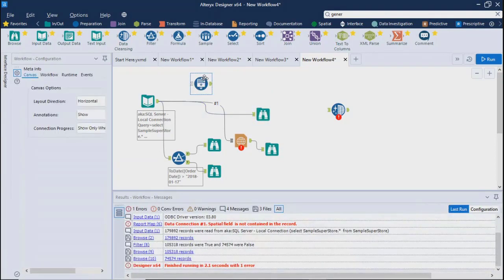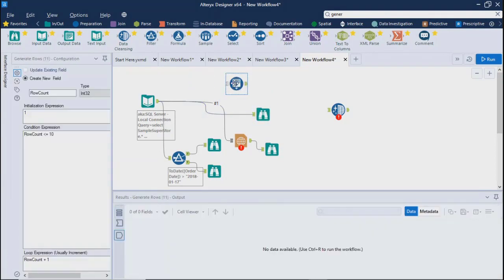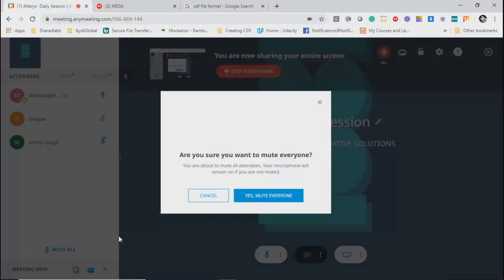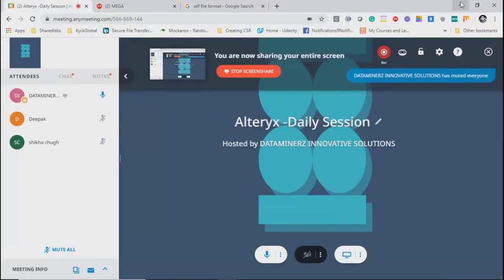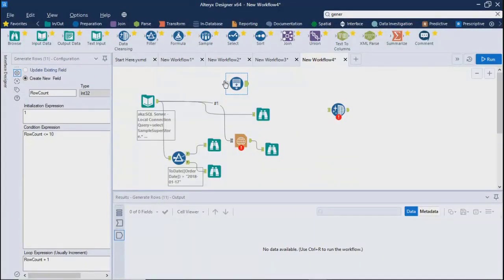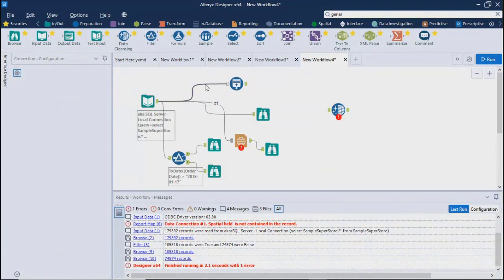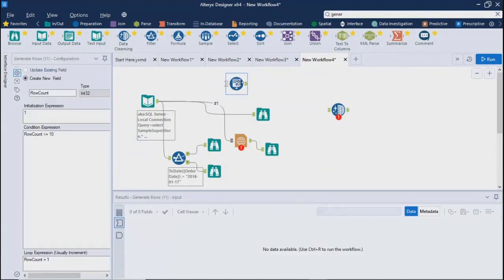Okay. So this white input basically says that it is optional. If it is white, it is optional. If it is green, it is mandatory. So in case of white, we have the option to connect it, or if you don't want to, we'll still be able to run it after configuring, right?